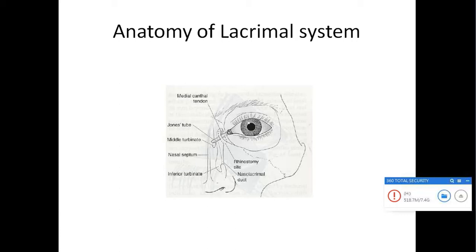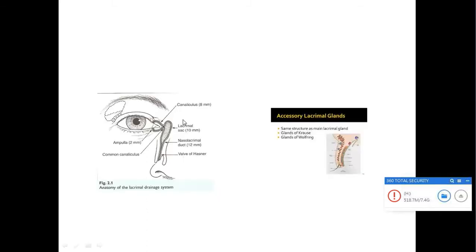As you all know, on the medial end of the upper lid and lower lid, you will have a puncta. When you evert your lid and see in the mirror, you can see a small opening which is known as lacrimal puncta. Here at the medial end of the upper lid and lower lid, you can see a small puncta. This puncta will open into